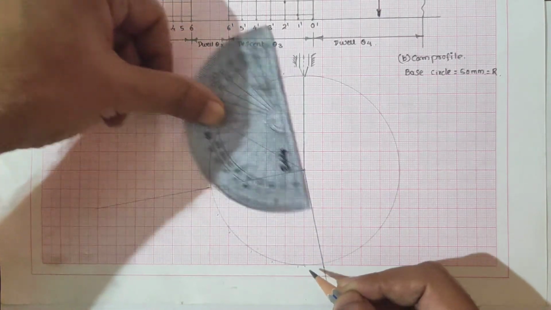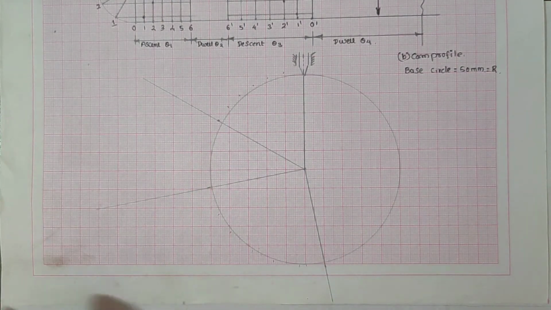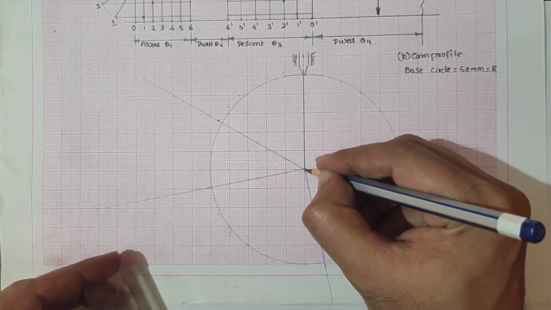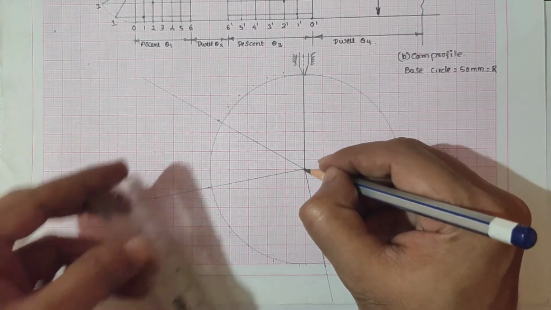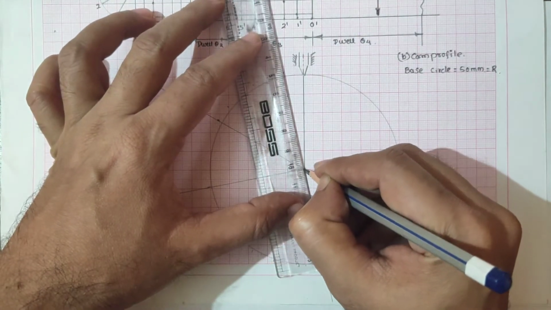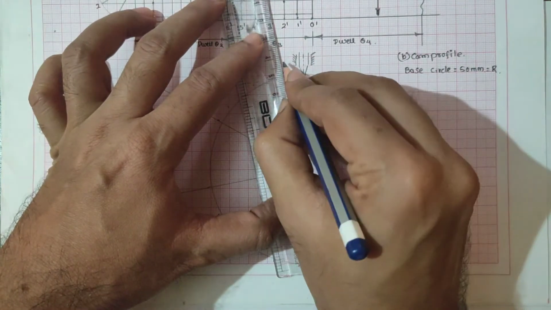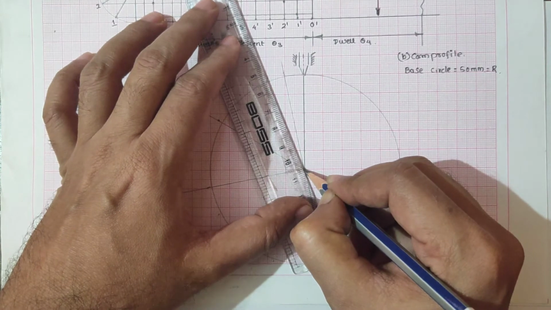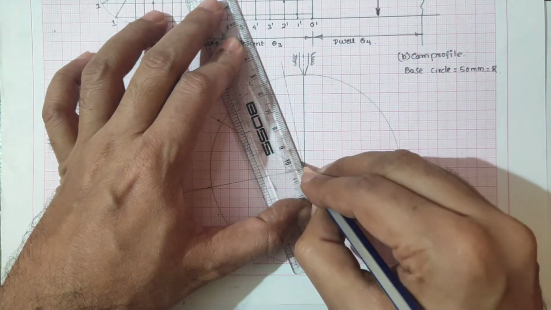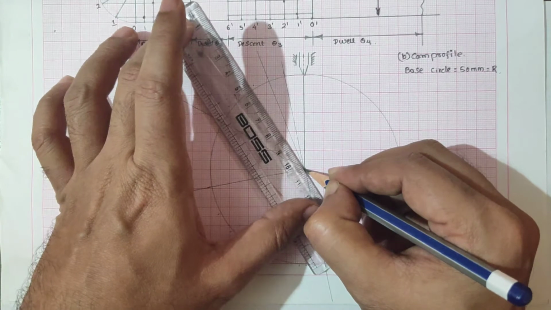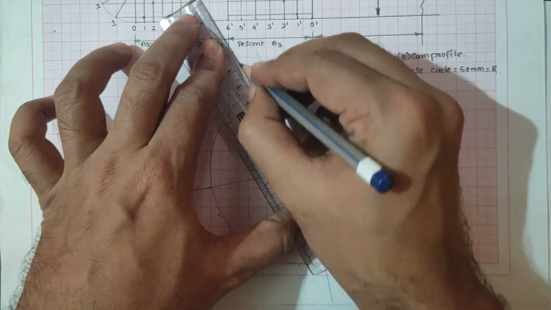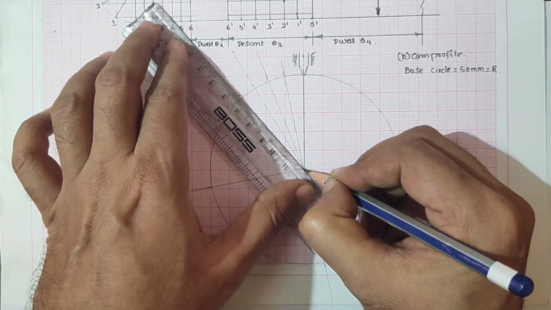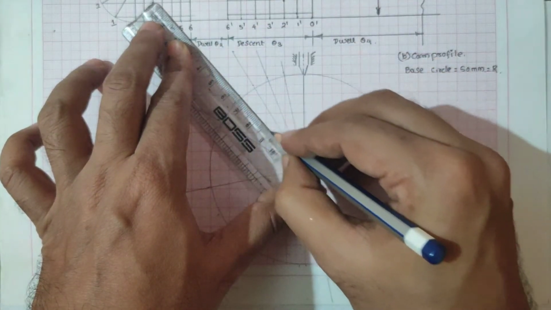So we got this partition. After getting the partition, we have to draw small projection lines passing through the partition lines. From the center, thin lines, a little bit extended more from the base circle, and it should be incremental. The line should be moving a little longer from the previous.